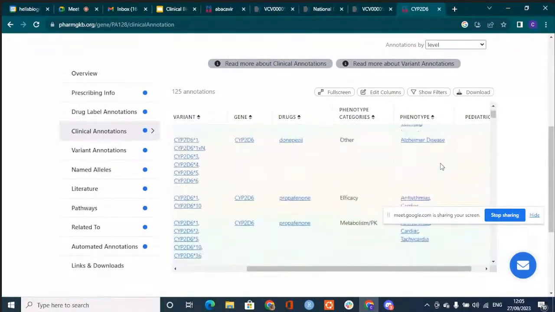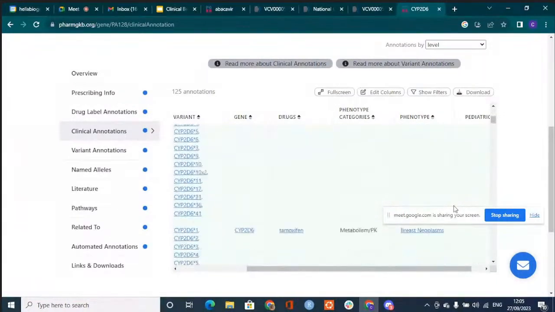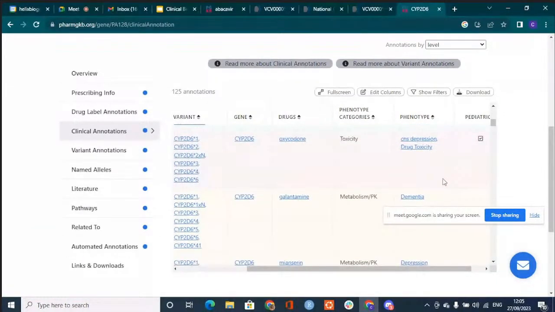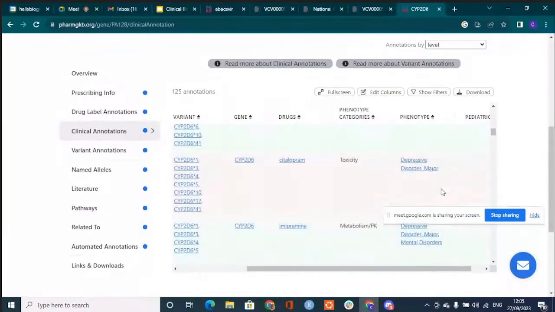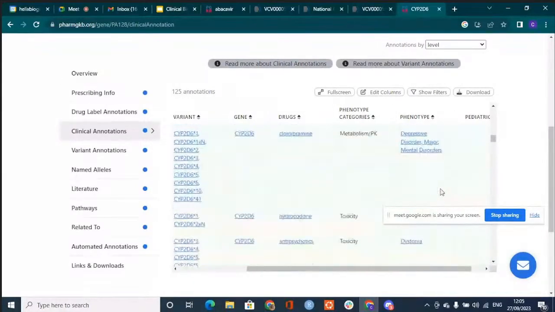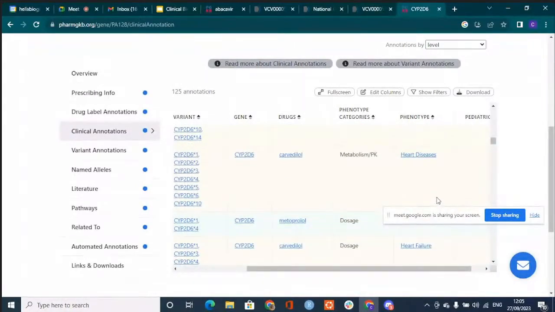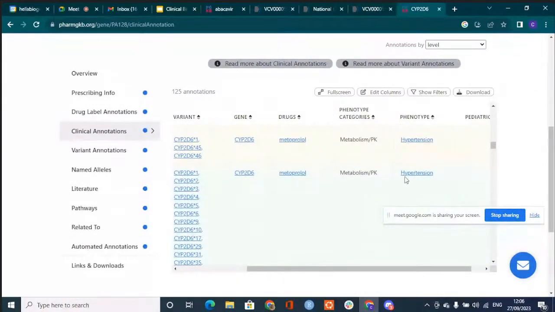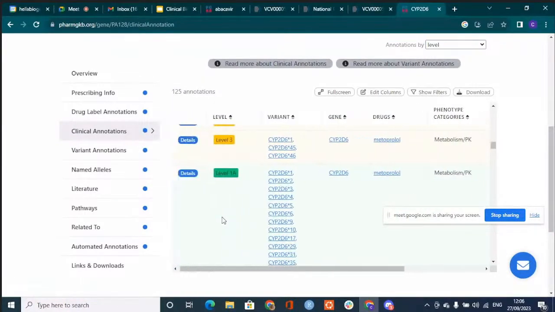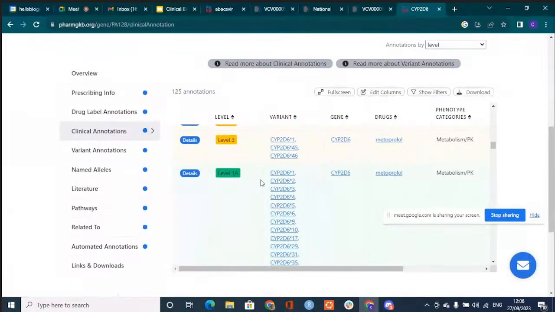So there's a lot of information on this. You can also filter as well. We can see from here there's maybe hypertension, right? And these are the variants that have been reported about CYP2 disease. It's a level 1 confidence. So these are a lot of variants. And again,